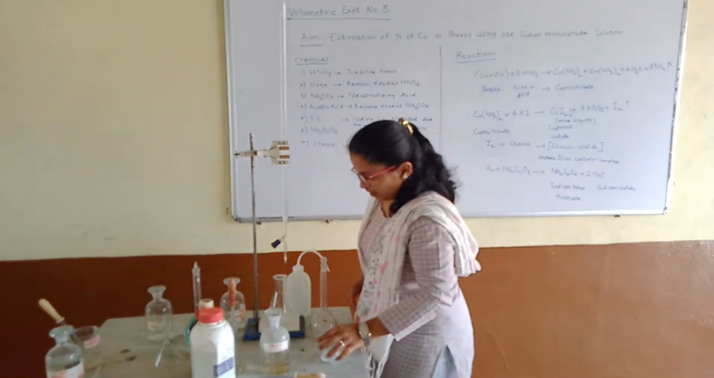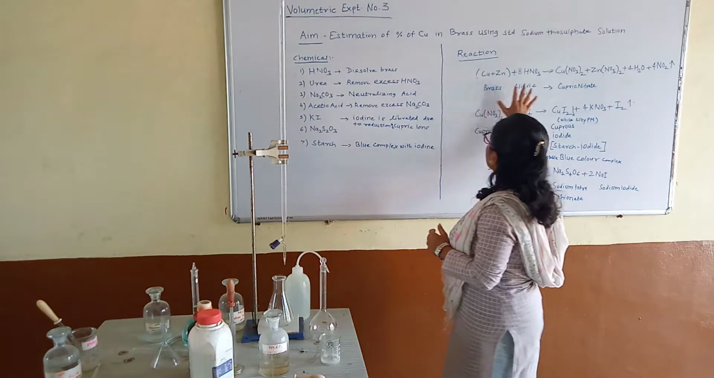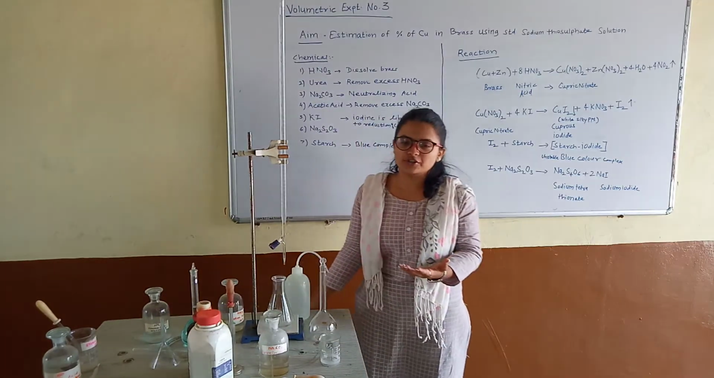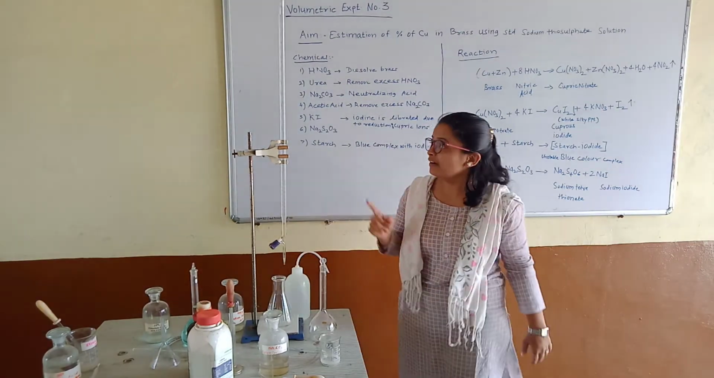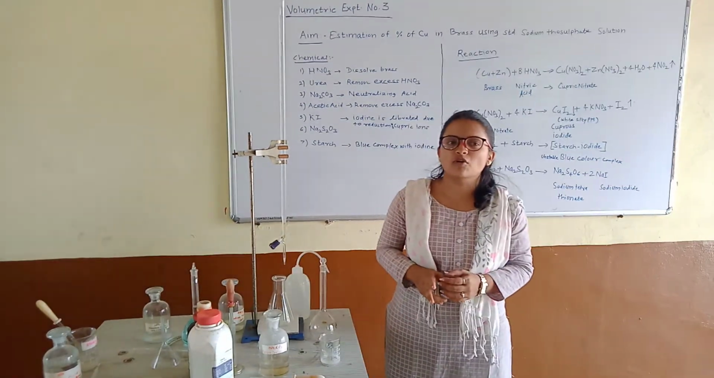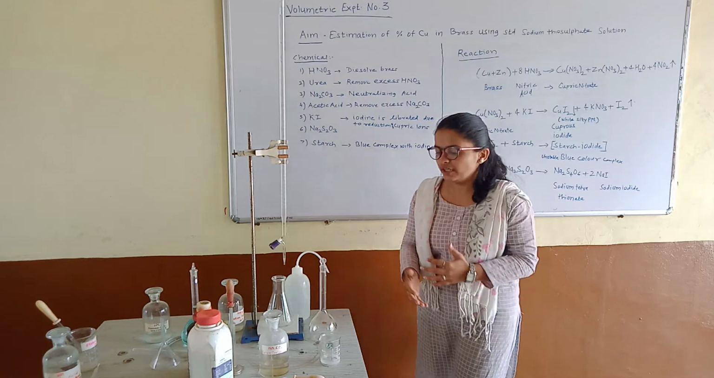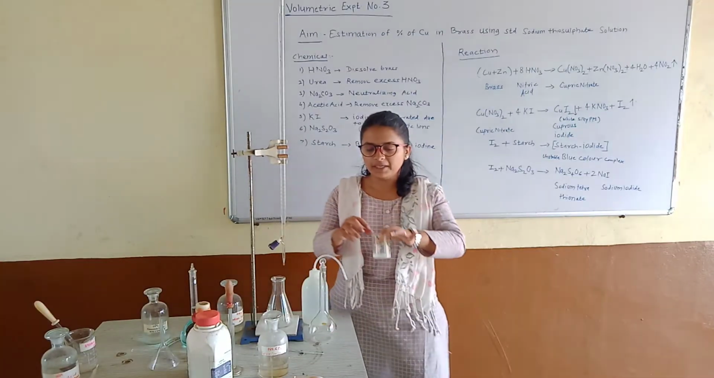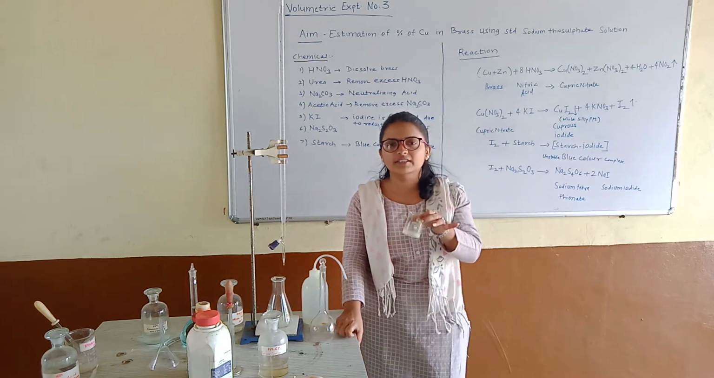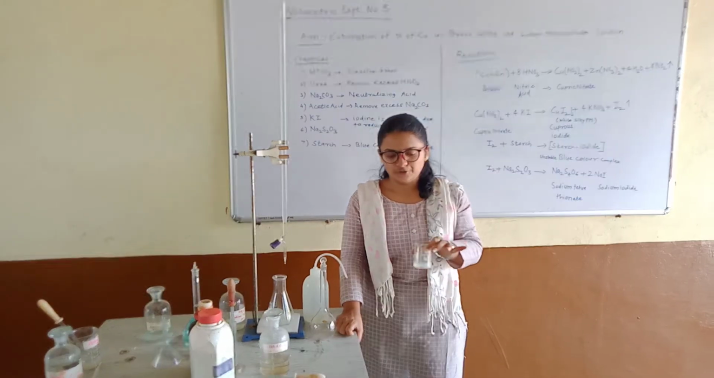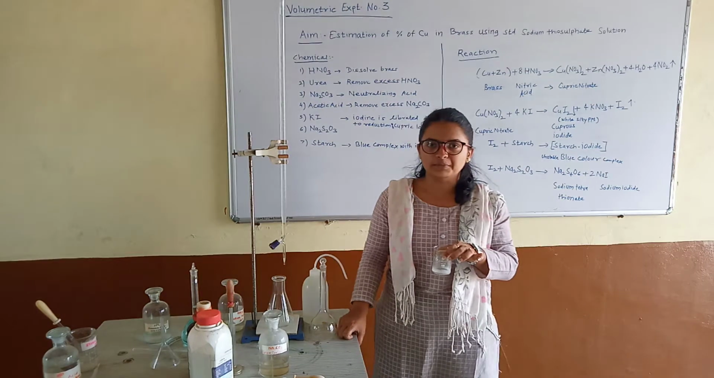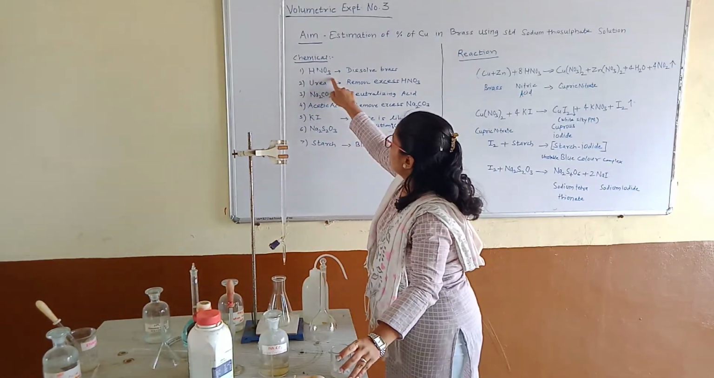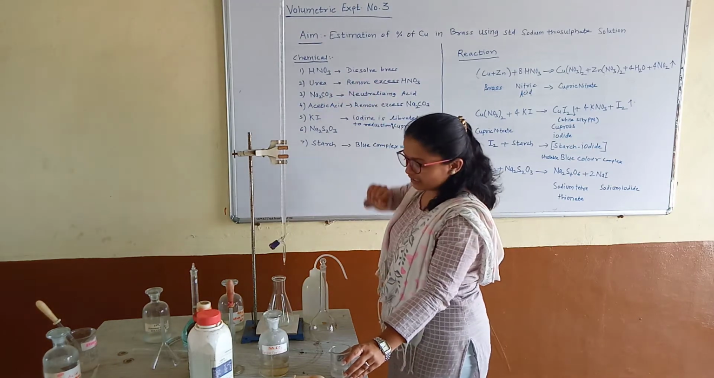Okay. The chemicals and reactions are over. Now we have to do the procedure. The first part is the preparation of brass, and the second is the estimation of copper. First, the preparation of brass. You have to take a beaker. In this beaker, a brass piece is already given. After that, you have to add HNO3, that is nitric acid. When you are adding this nitric acid,